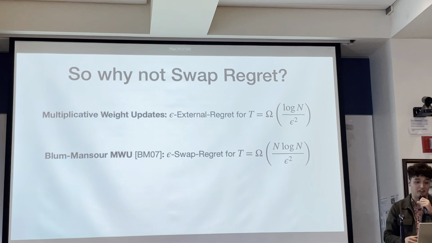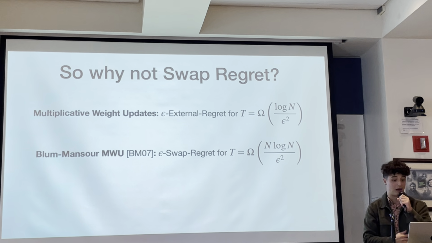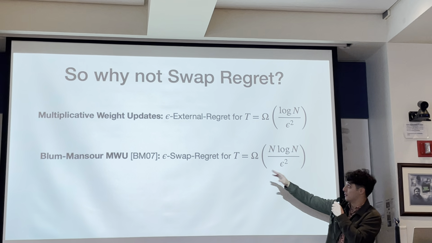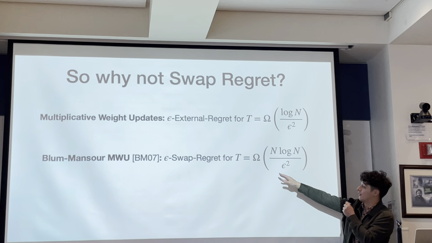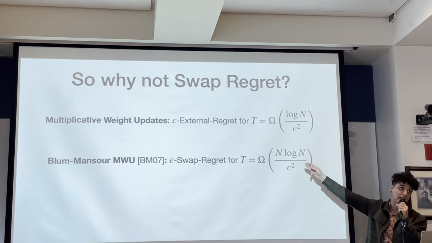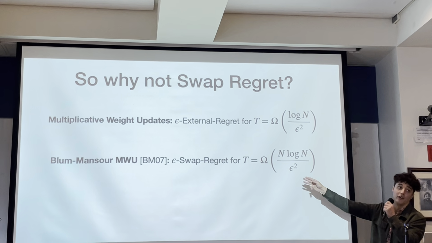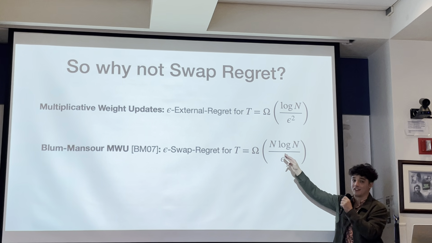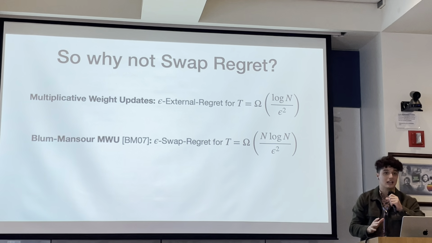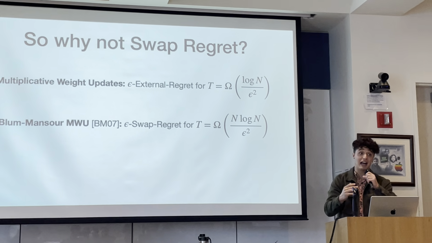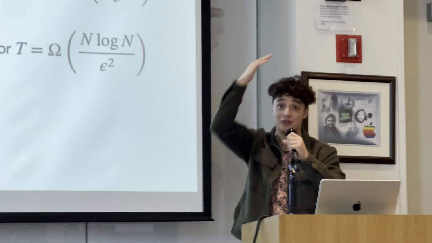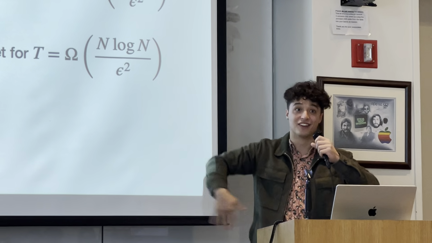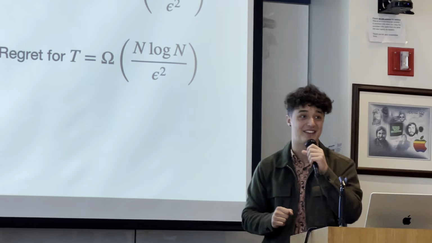Now, you also have classic algorithms that achieve no swap regret learning, and will guarantee a swap regret of at most epsilon with a number of rounds that depends polynomially on the number of actions, and also on epsilon squared. But a lot of the time, this polynomial dependence is going to be a bit of a deal breaker. In real life, there are a lot of actions. There's really an endless number of things that you can do in this life.